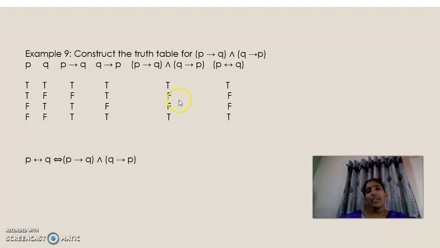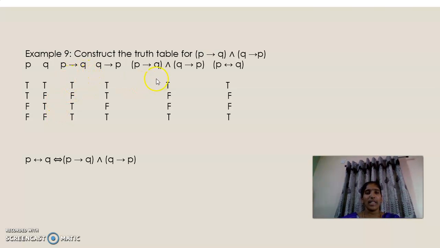And the same, you have to see here, the biconditional. So first you have to construct the truth table for the following formula. That formula is nothing but P conditional Q and Q conditional P. So here also we have two variables, so we get 4 possibilities. First you can find out P conditional Q and Q conditional P. The truth values are true, false, false, true.